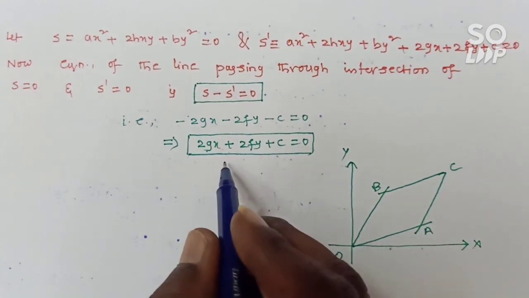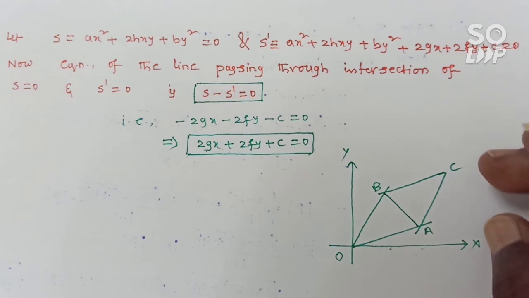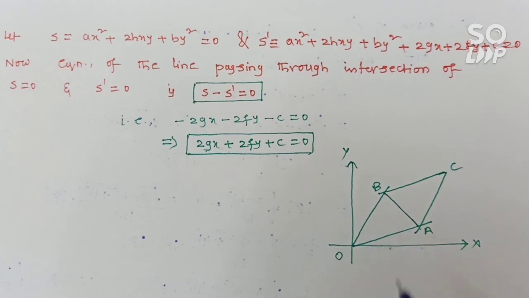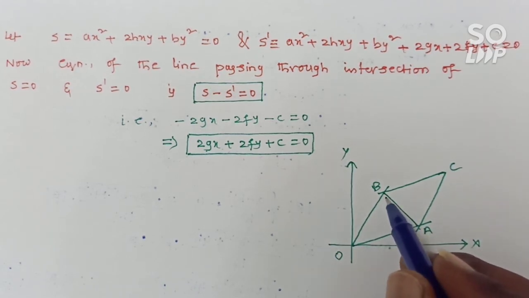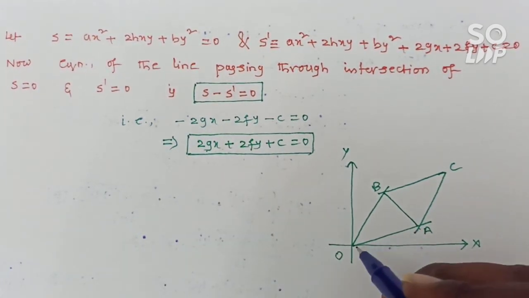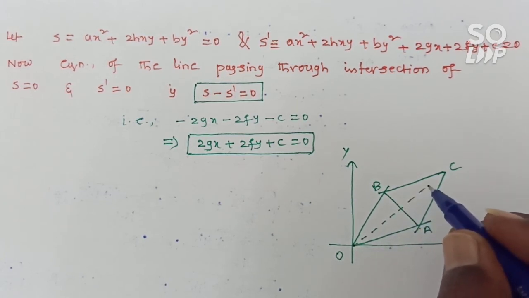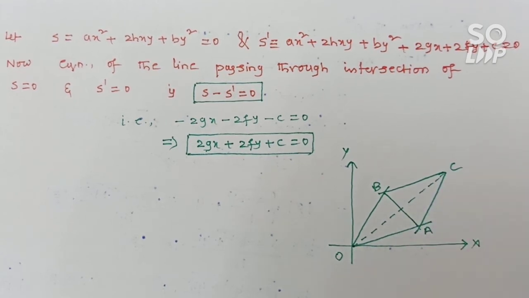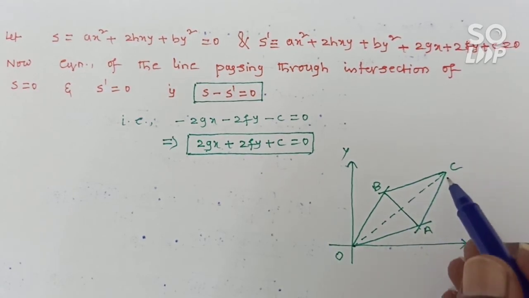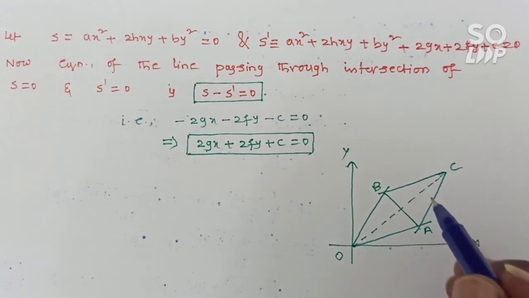Right? So now this equation will represent AB, because the point of intersection of this pair and this pair will be A comma B. So here one diagonal is S minus S dash is equal to 0. Then how to find the equation of the other diagonal, the one passing through the origin? Here BC is parallel to AB, AC is parallel to OB. That means AC and BC are represented by